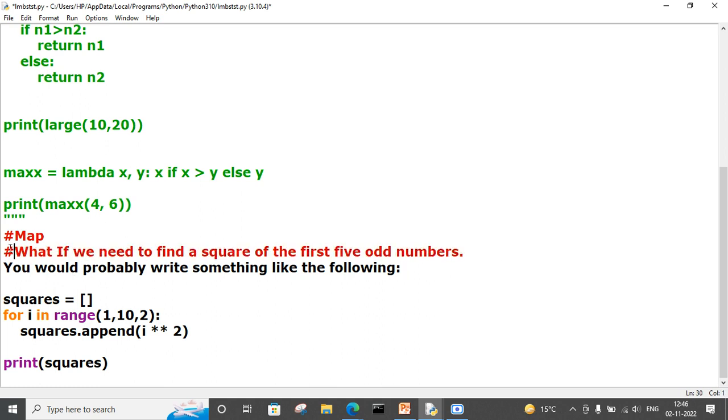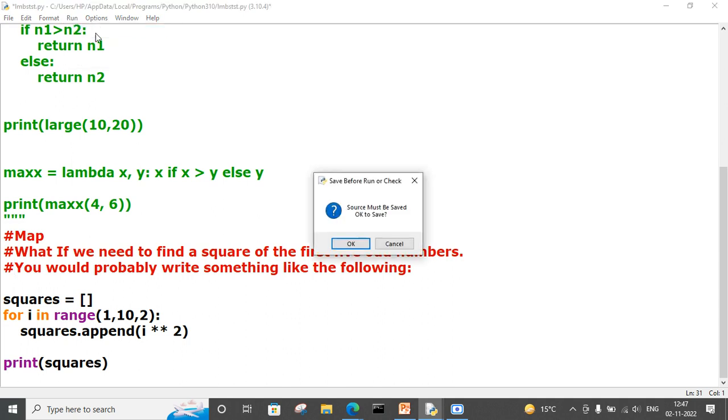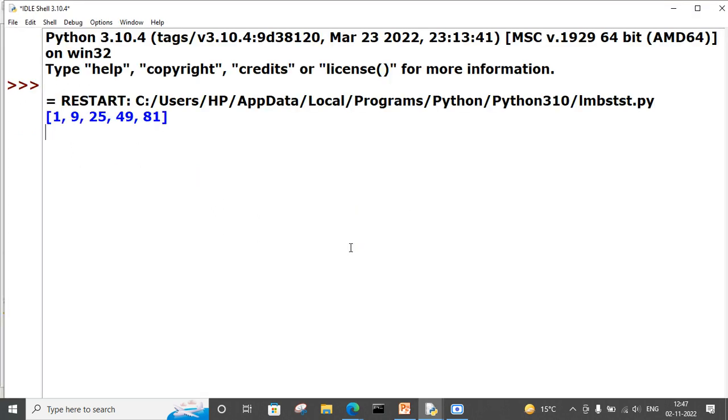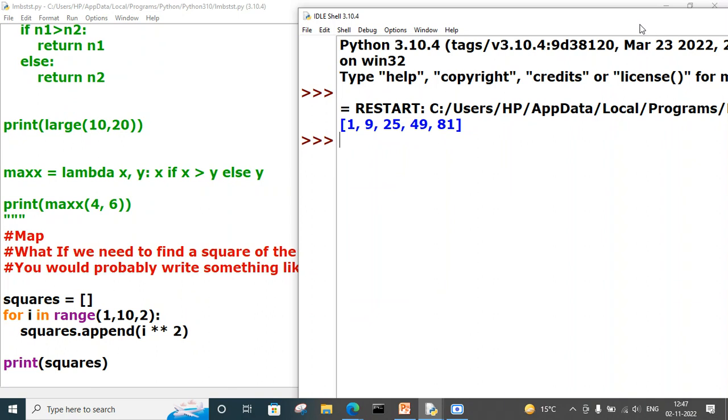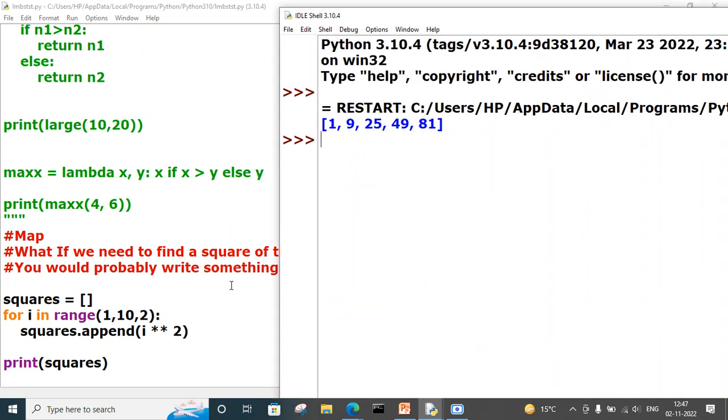Let me use this. I have used the hash sign to comment it out. Now it's going to run here. All right. There are the squares: 5, 7, 9. See how